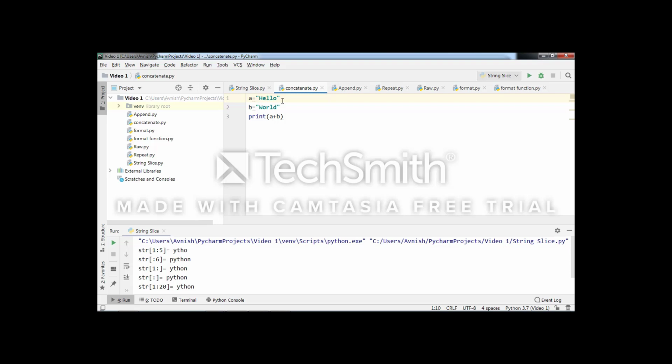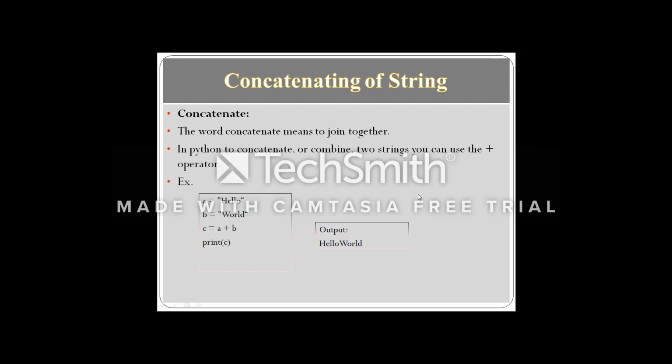Now I want to print these two words together. Here I am using a print statement to display the output, and in that print statement I am concatenating these two variables, A plus B.